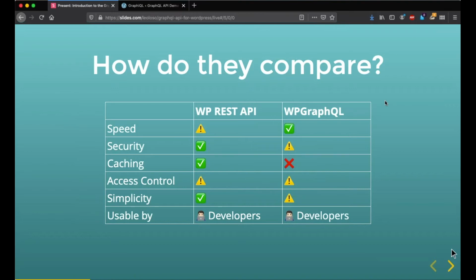Simplicity. WP REST API is very simple. You just create and resolve that endpoint. WP GraphQL is a little bit more difficult because you are dealing with graph. You may not always be really worrying about the graph. You know that you have to think in graph theory terms, but you need to worry about certain issues like